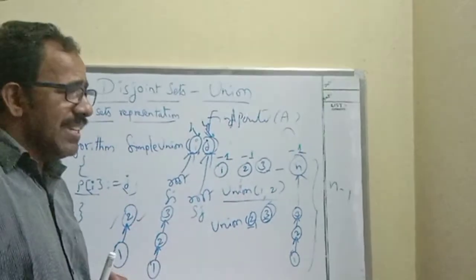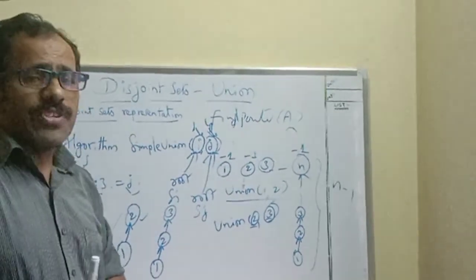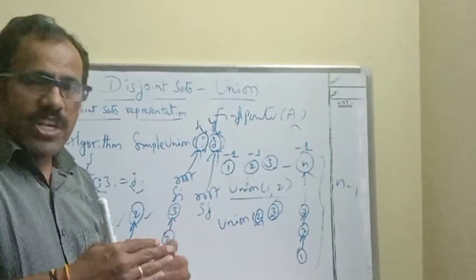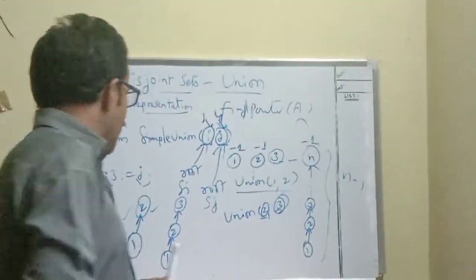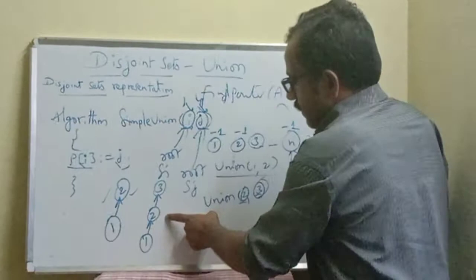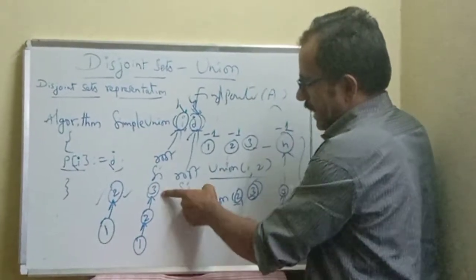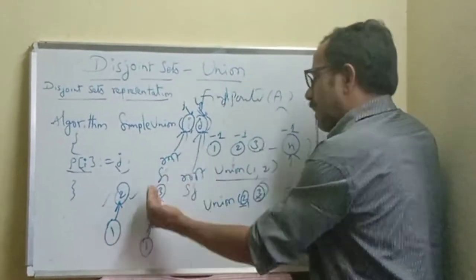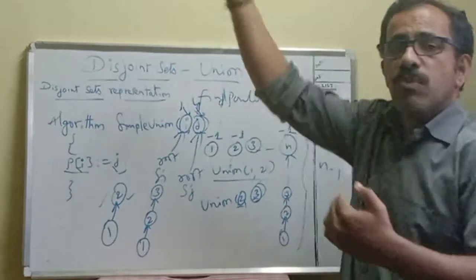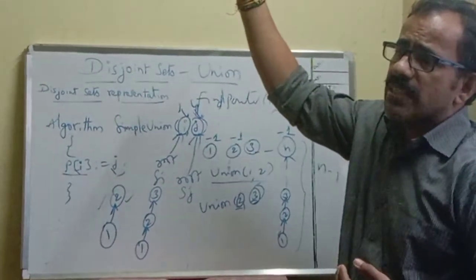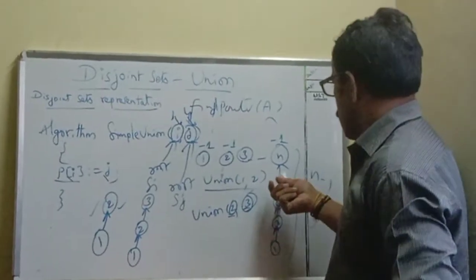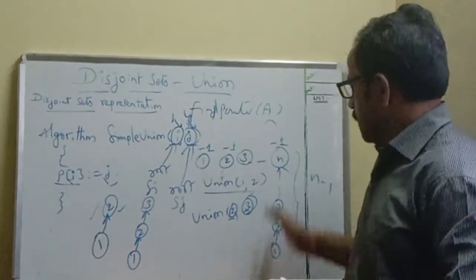So what is the constraint here? What is the simplest union procedure? Just take the first tree root node and make it the child of the second. Okay? Then I can make this root node a child of this one. Then we can combine like this. Next, 4 appears above 3 and 5 appears above 4, 6 appears above 5. Like that, n is appearing above n-1. So like this, I can get this particular tree structure.